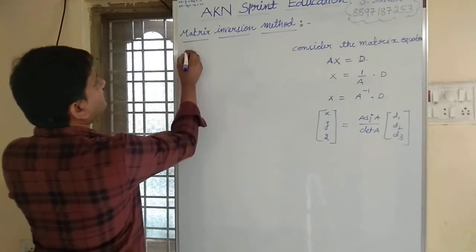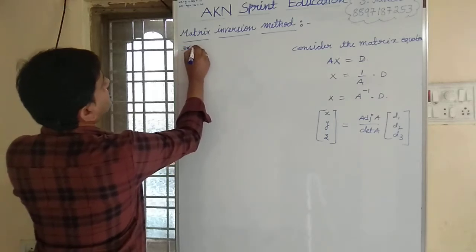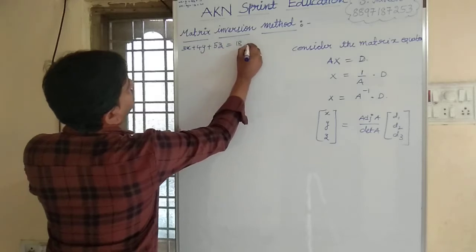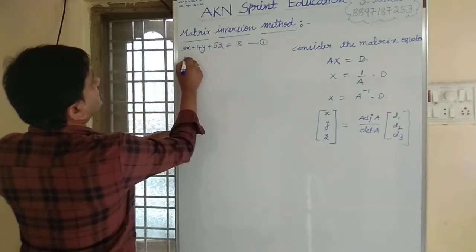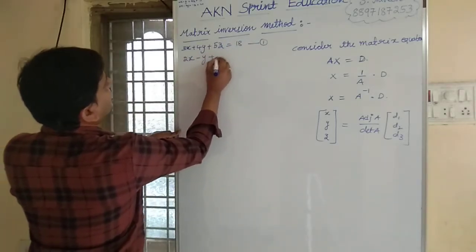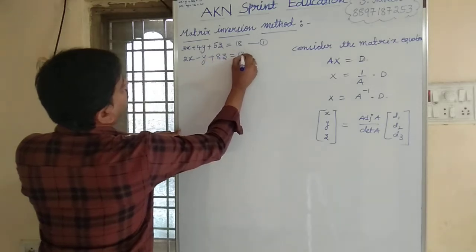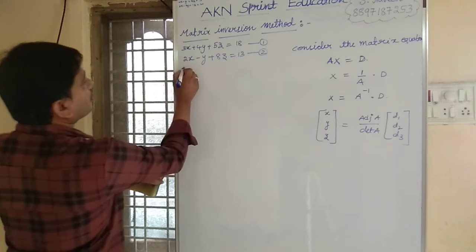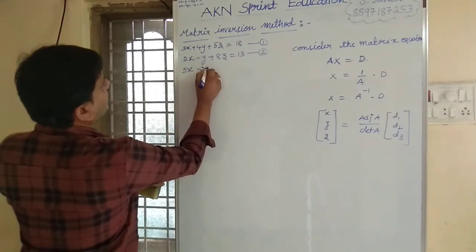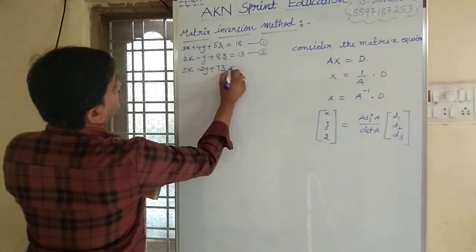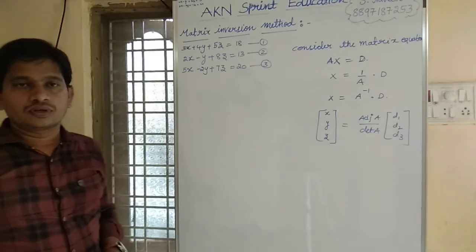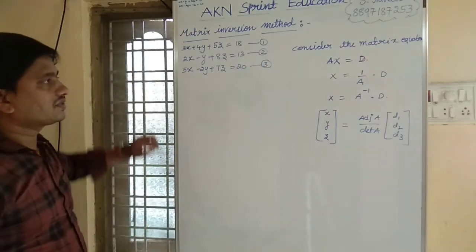Consider the following system of equations: 3x + 4y + 5z = 18. This is equation number 1. Second equation, 2x - y + 8z = 13. This is equation number 2. 5x - 2y + 7z = 20, which is our equation number 3. Okay children, so let us find